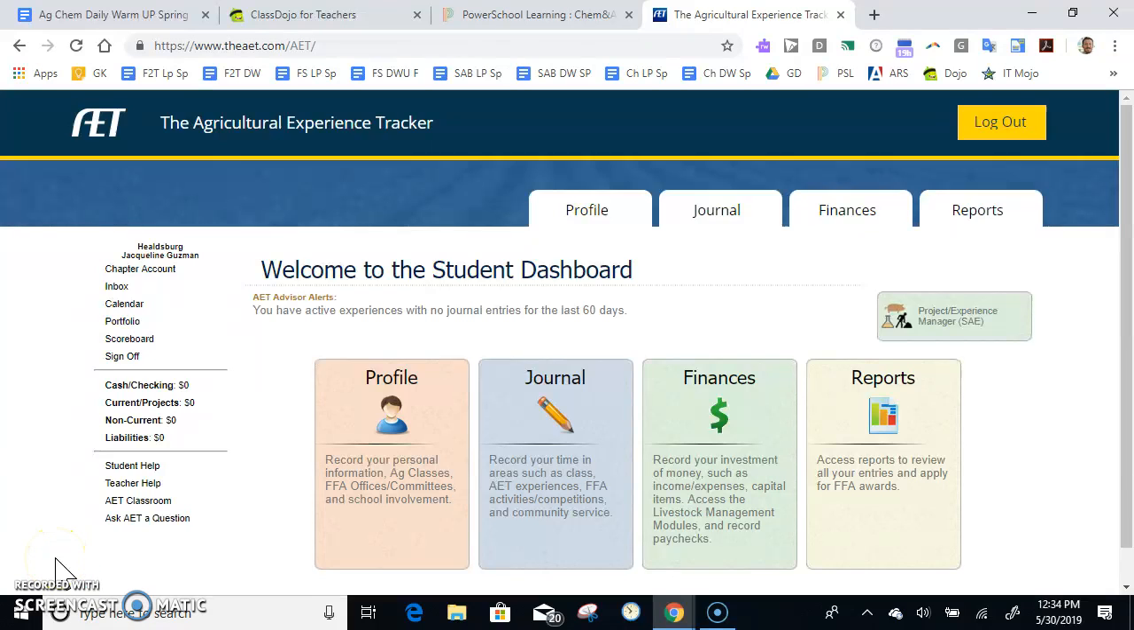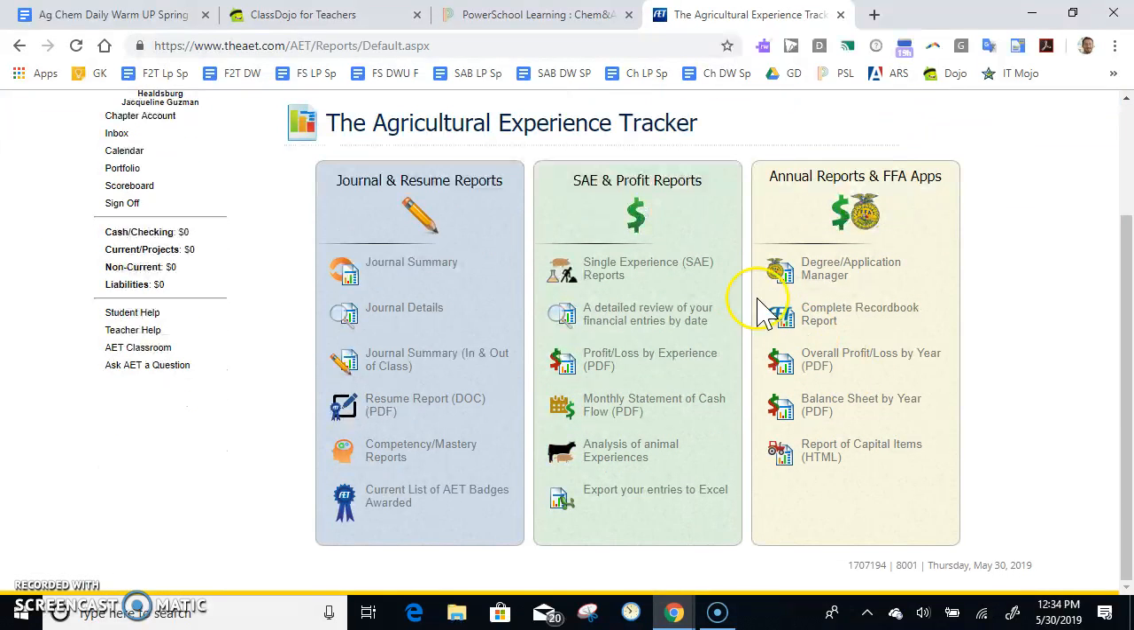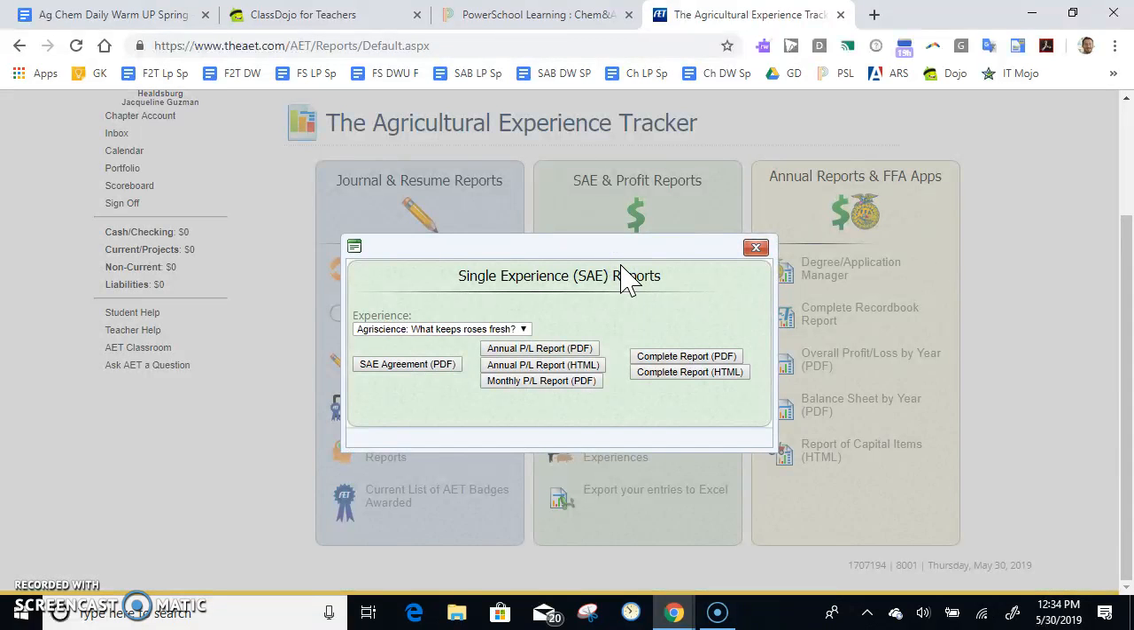Hi class, today we're going to look at how to generate a report of your SAE. So here we're in a student's SAE, okay? You go over here to reports, okay? You click on single experience reports, okay? And then you click on complete report